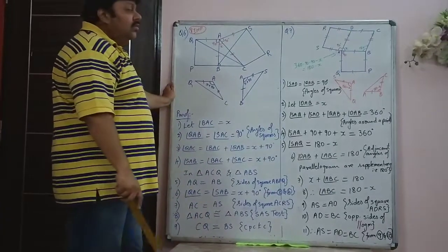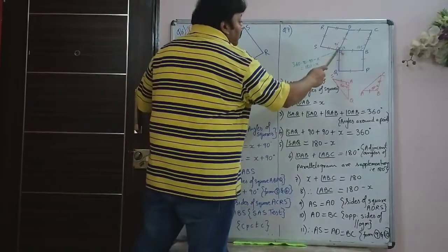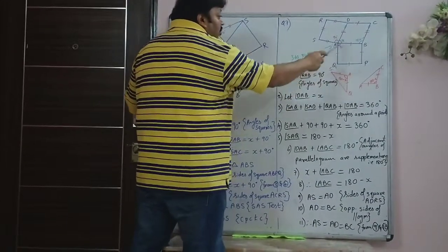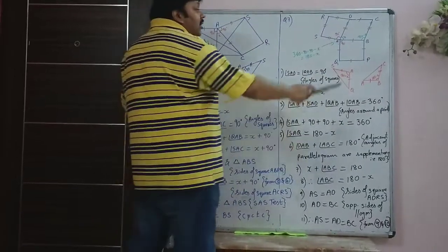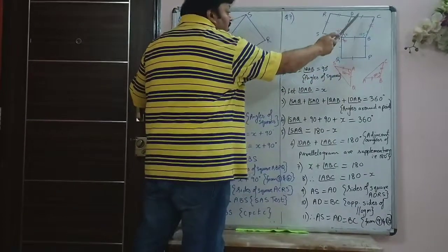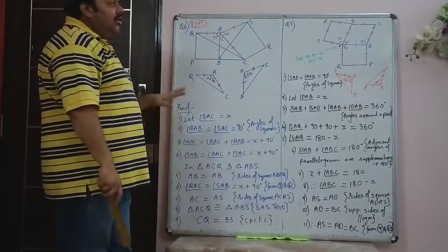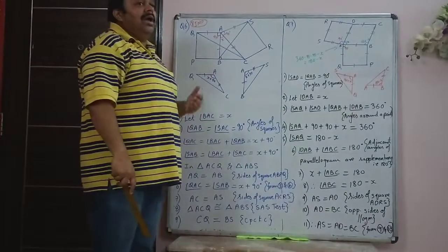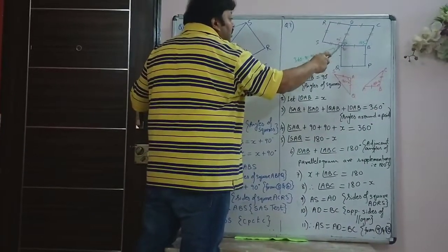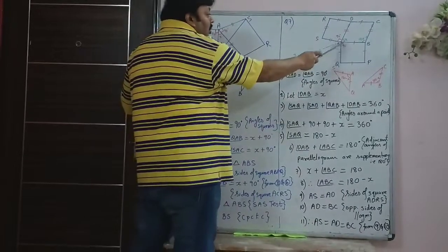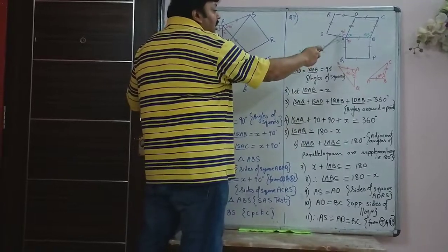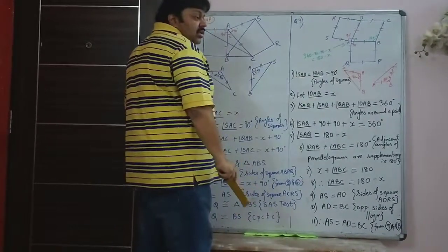So all these four sides and even this BC are equal. Now AB and DC were shown with a single line, and there is yet another square ABPQ drawn on the side AB, therefore all four sides of that square are equal, and these are also equal. So the single line is used for all those five sides. I am assuming the angle DAB to be x. These are both angles of a square, so they are both 90. Now I need to find angle SAQ in terms of x.